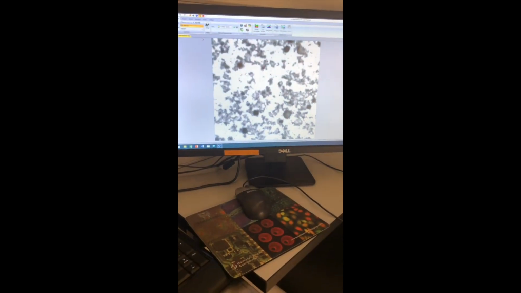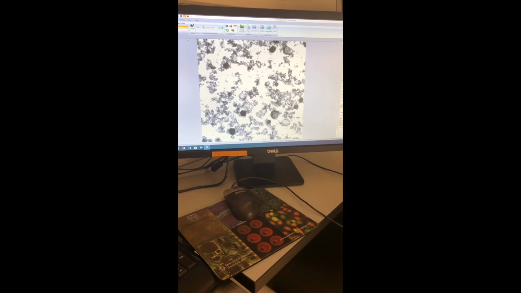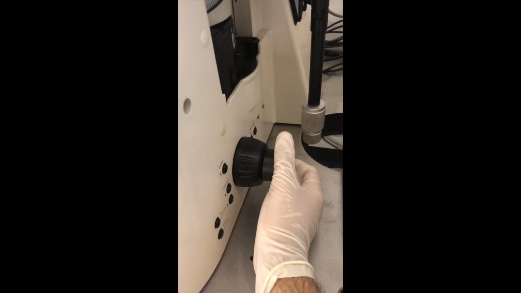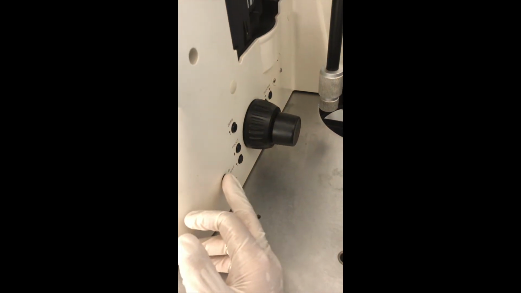So it's connected to a camera, which in turn is connected to the computer, and it'll allow me to see my samples. And so this is what one of my samples looks like, and you can see the sugar is aggregating. And I'll just adjust the focus here, and then once I feel like the focus is good enough, I can snap a picture of it, and then I can move on from looking at it in light microscopy